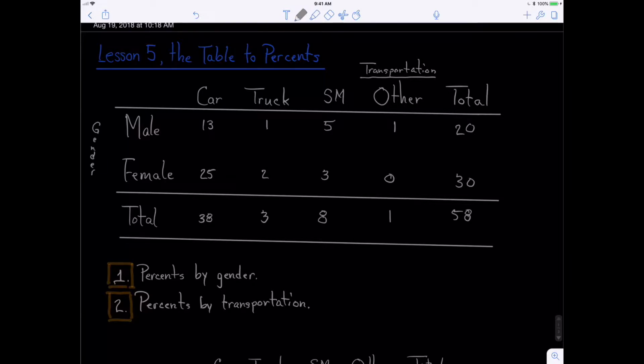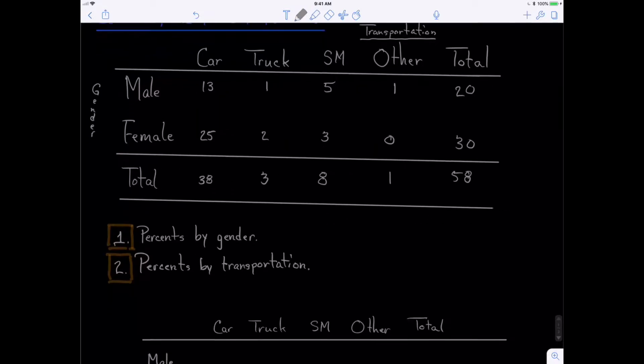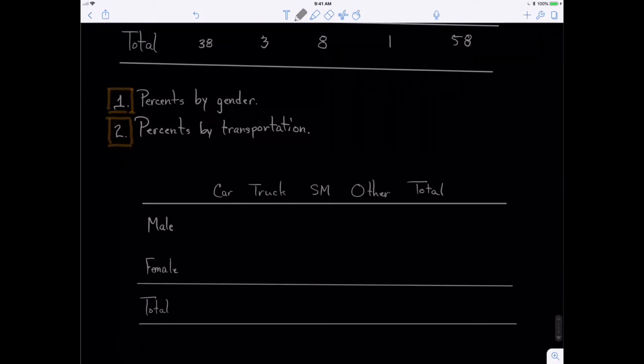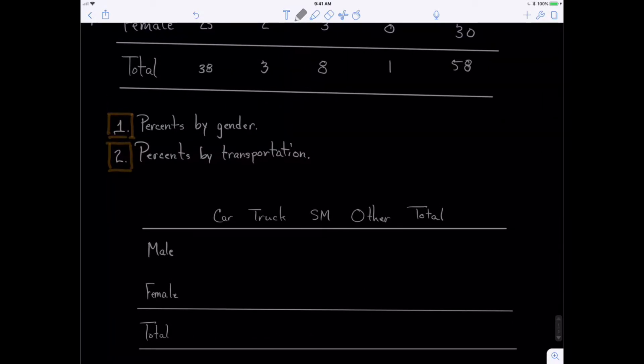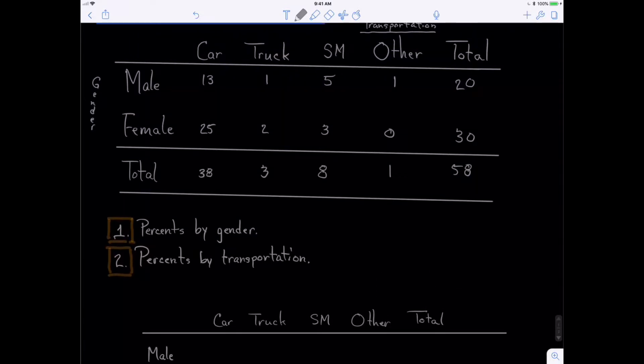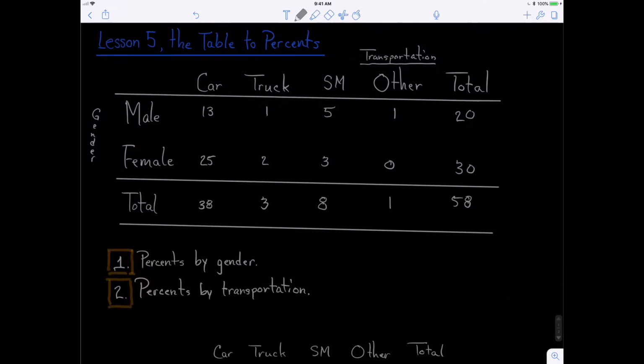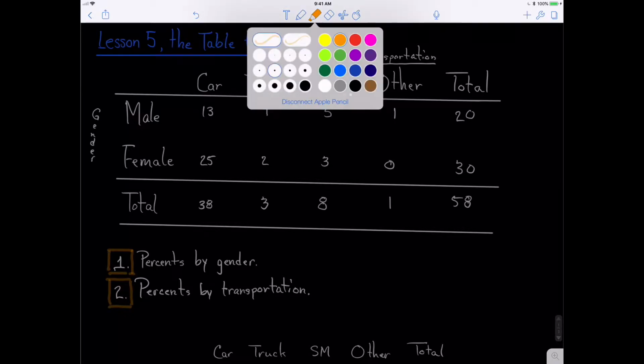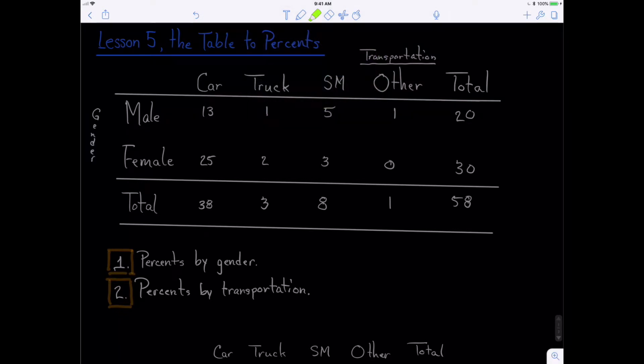Now I've already set this up, and down here I have a completely empty table, and you may want to stop the video and create an empty table as well so you can work along, or you can watch and then try it again after the video, whatever way you find suits your learning best. Now, when we talk about gender, we're going to be using the totals that are found in the total of the males